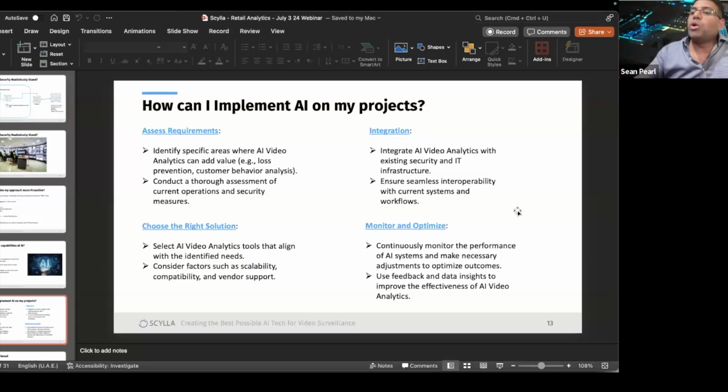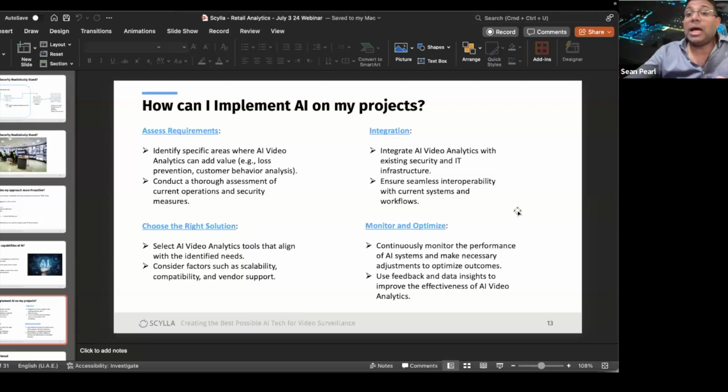Step number two would be to choose the right solution that is actually going to deliver the kind of results that you're looking for. When you choose a solution, it's important to keep a few things in mind. You have to think of compatibility. This is very applicable especially in the case of existing projects, wherein you've got to fit in with the existing infrastructure. You need to factor in scalability: how much does it allow me to expand in the future? And also the solution being future proof. So that would ideally be step number two.